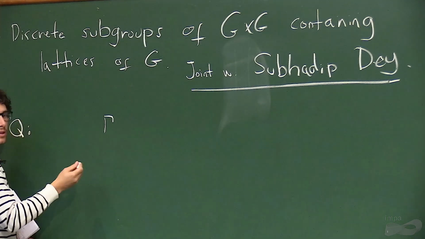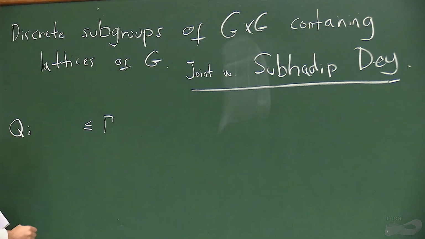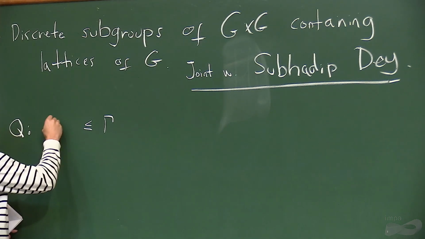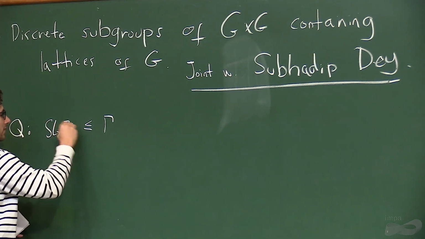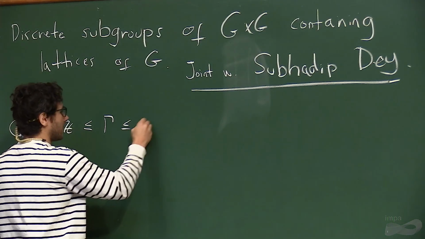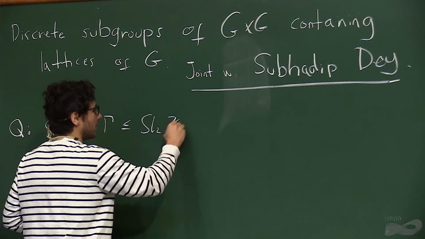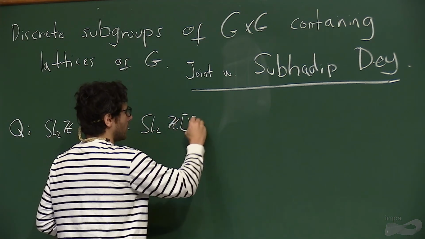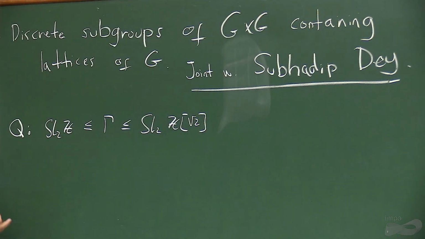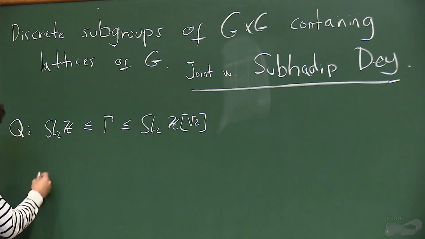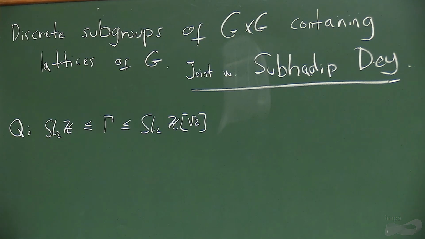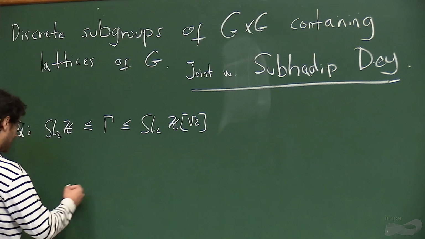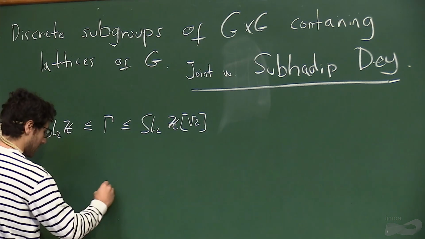Suppose you have some subgroup between SL2Z and SL2Z[√2], or, if you don't like square roots, you can ask a similar question for SL3, for subgroups of SL3Z. I haven't asked the question yet. Suppose